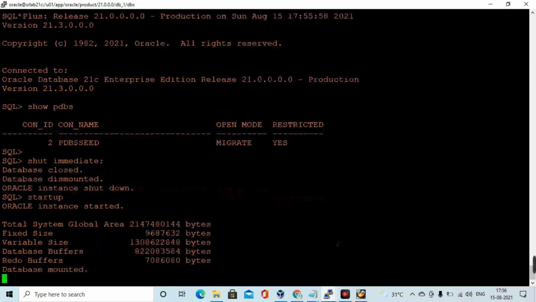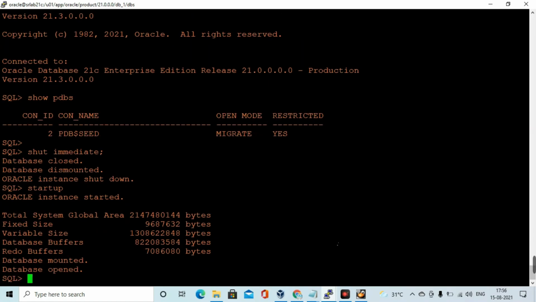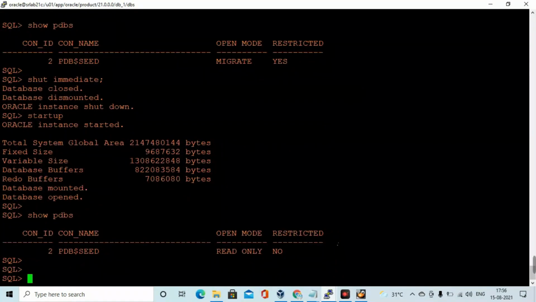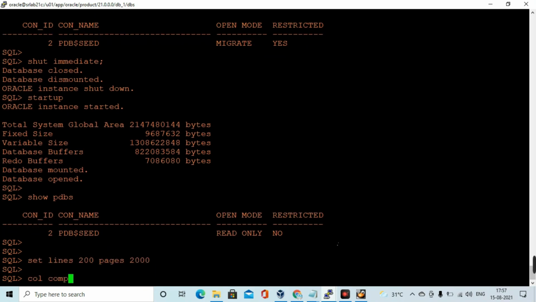Once the catctl.pl catcon script has executed, we need to run utlrp. There are some invalid components. We need to validate the invalid objects and invalid components and make them valid.